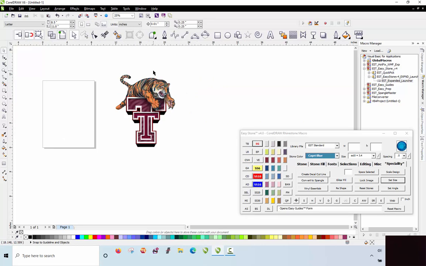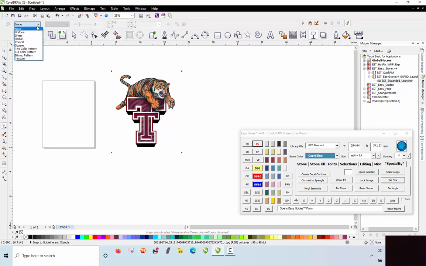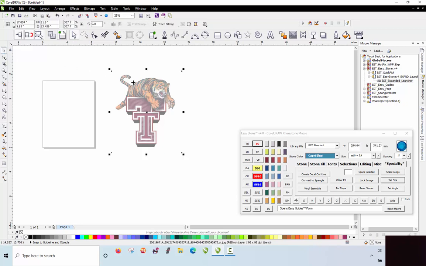The next thing that I would like to do is go ahead and set the transparency so that when I put the stones on top of my artwork, it'll be a little bit easier to see. So we'll go here to our transparency tool. Now you'll find your transparency tool by default over here on the left hand side. I've created this toolbar. We have a video that talks about how to create custom toolbars and also a link to download my toolbar, but you can just install. But anyhow, click on your transparency tool and choose the uniform option, and by default it will set the transparency at 50%, and that works pretty well. I mean, you could go lower if you wanted to,